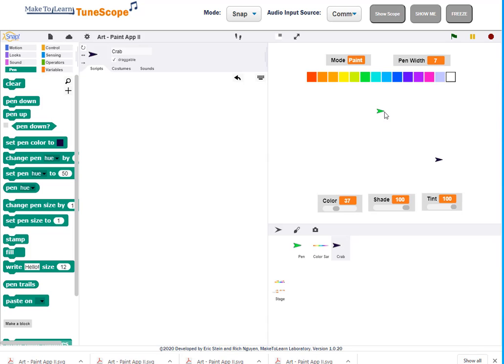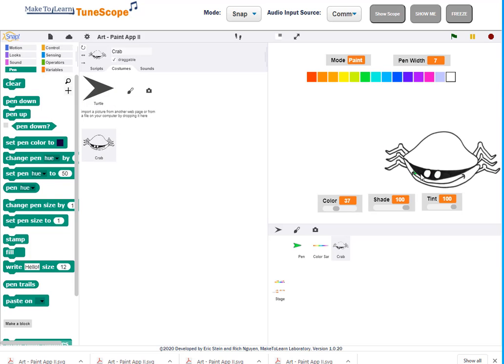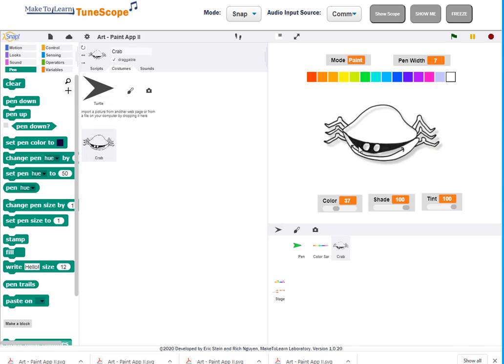I'm going to clear the screen, and we can also use this coloring capability to import a costume. In this case I've imported a crab that I'm going to move over to the center of the screen. And now that I have the crab, I can select an appropriate color and then use that to paint. Now I'm going to start out with a nice red color,